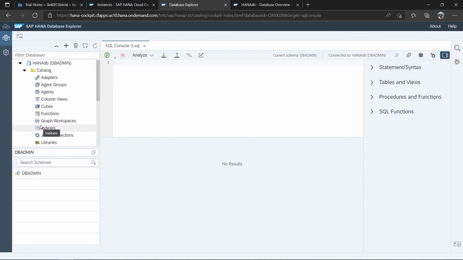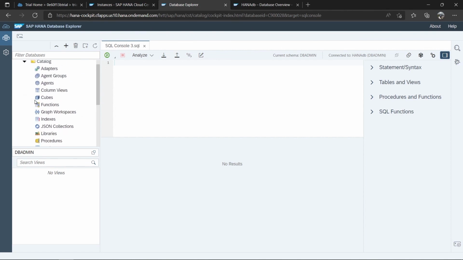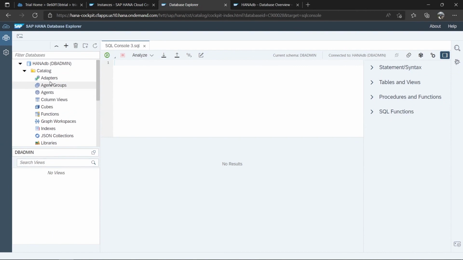Okay, so if we have created any views like calculation views, analytical views, attribute views, we can see them inside the views. And table types, synonyms, there are multiple options. We will see all those options one by one. Okay, so this is how we can actually control the SAP HANA cockpit, and we can use SAP HANA database explorer